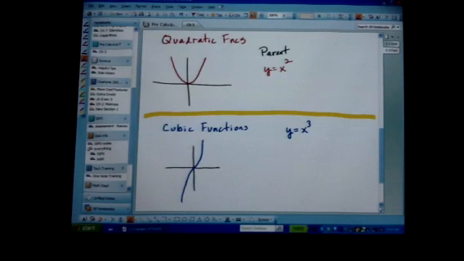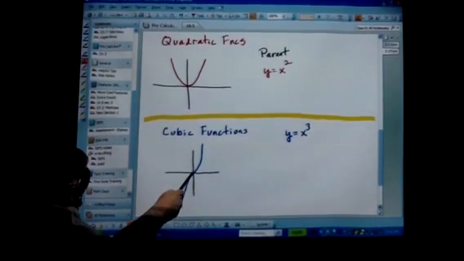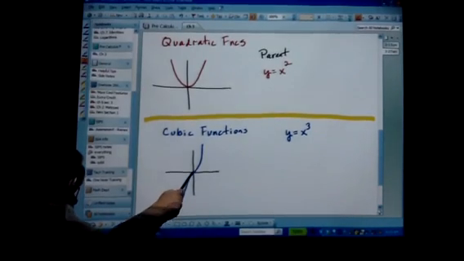Now, one thing I want you to understand, okay, if you look at the graph here, watch me point, okay? See this piece of the graph right here? This part of the graph